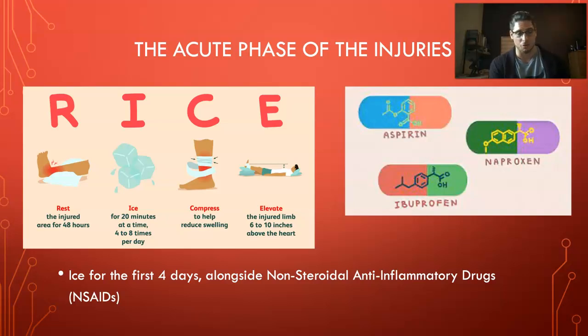The ice itself, we want to try and use 20 minutes on, 20 minutes off, and you want to try and do that, say, 4 to 8 times per day at the very least, although doing 20 minutes on and off, I've known people to do it in intervals all day, and it has been extremely effective. And what that ice will do is reduce any excess swelling and inflammation around the area, so that it's all targeted to the actual site itself, which requires it.